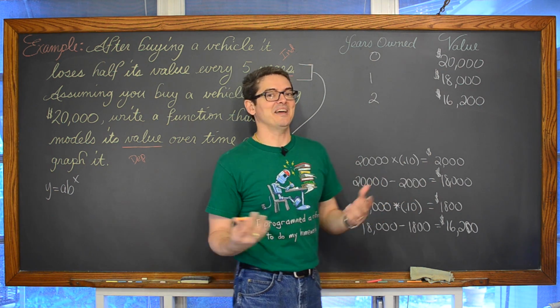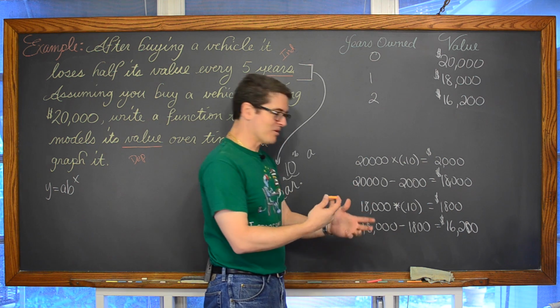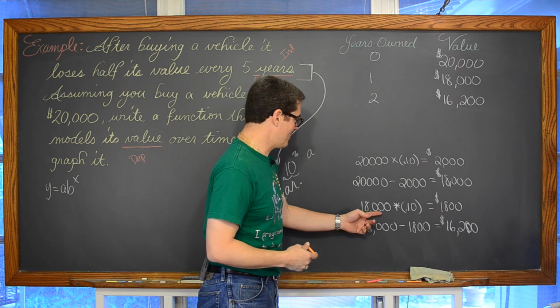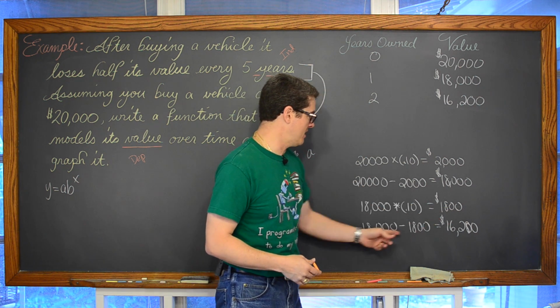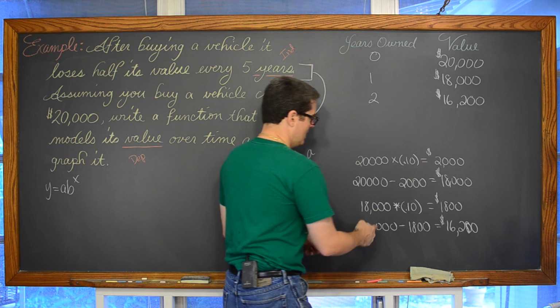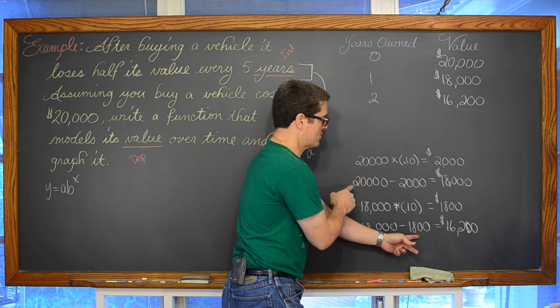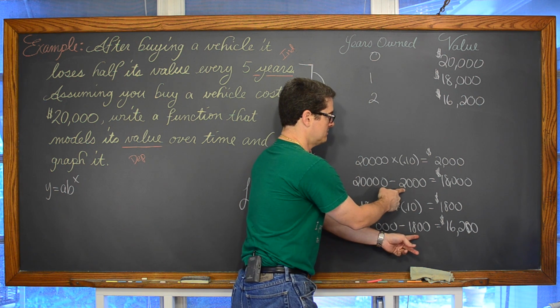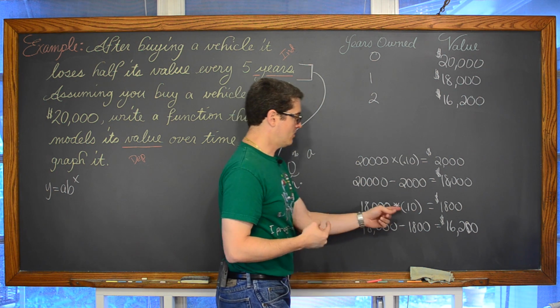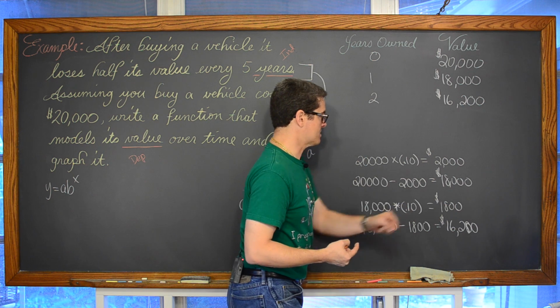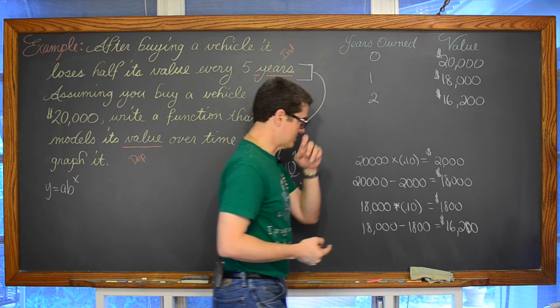And then we had the same pattern here. The next year we had to base it off of 18,000 because it's basically like compound, well, it's exponential decay. Or if you're talking about increasing, compound growth. Now we're at the 18,000 and we lose 10% again. But we still see that same pattern: it was 18,000 just like it was 20,000, and then we had to subtract 10% of that original value, only this time it was 10% of 18,000 as opposed to 10% of 20,000.